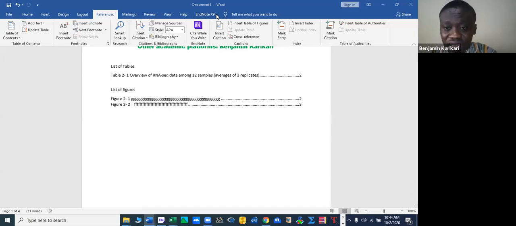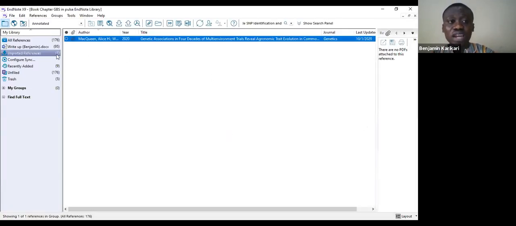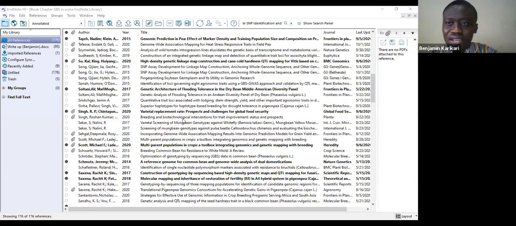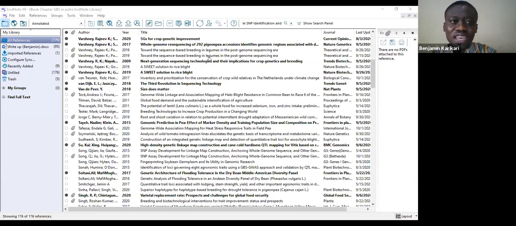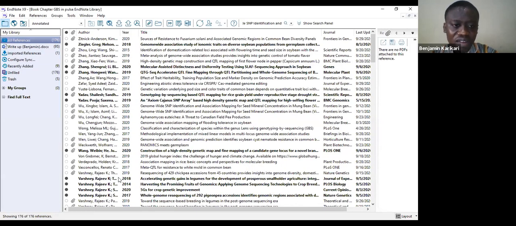So just as I was saying, let me see if I have my referencing software open. Maybe whilst we are waiting for others. Yes, this is my EndNote. Have you seen? I'm now writing a book chapter. You can see from my title, book chapter, GBS impulses. You can see the references I'm using, 176. So those 176, if I want to check any of the papers,